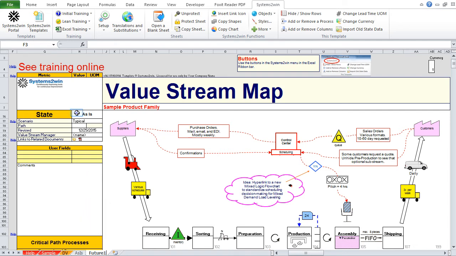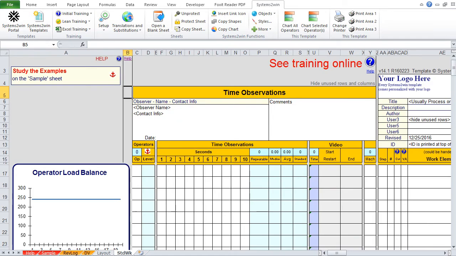But that can get a little cumbersome if you start to have more than one future state worksheet in a single workbook. So even though you can have multiple worksheets per workbook, it's often, perhaps usually, a better idea to have a separate workbook for each version of the same process. And for your standard work template, you should usually have only one standard worksheet per workbook.